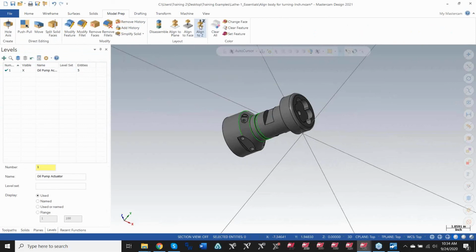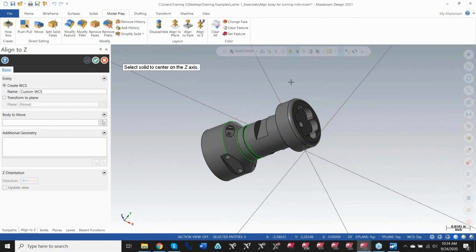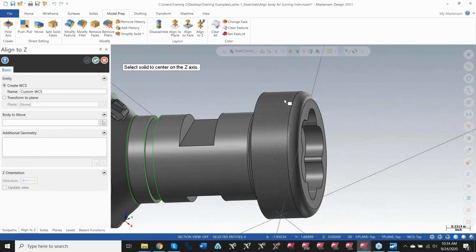If I click this Align to Z button, what it allows me to do is select this solid on the closest axis that I want to be the front face of the part. So let's say I want to start turning, I want my jaws to be right here, and I want to start turning on this side. I would select any rounded section, so like this face here, that edge right there, anything of this situation that allows it to pierce through a Z center point. So I'll click this guy right here,